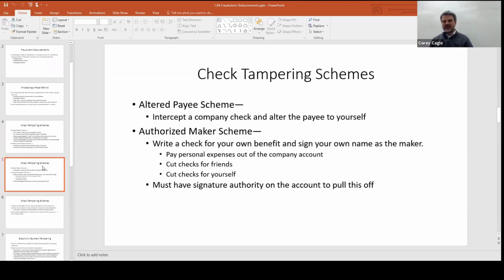Altered payee is getting a check and crossing out somebody's name, writing their own name in it to be payable to them, right? Authorized maker would be, all right, so let's say I can sign a check that has UNA at the top, I am authorized to do that. Now, I'm not authorized to spend UNA money on anything, but I am authorized to sign my name on it. So if I take a UNA check, sign my actual name on it, which I'm allowed to do, but pay myself fraudulent funds, that is an authorized maker scheme. I'm using something I'm authorized to do, and I'm doing something wrong. So that's the difference in all those.